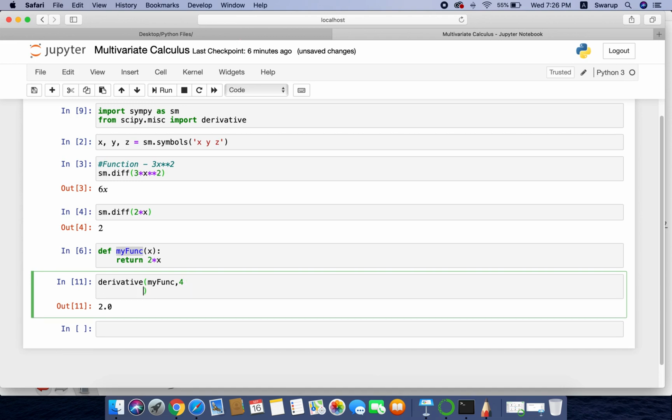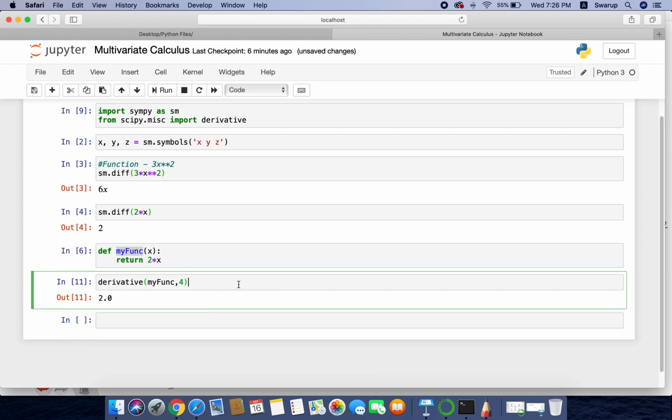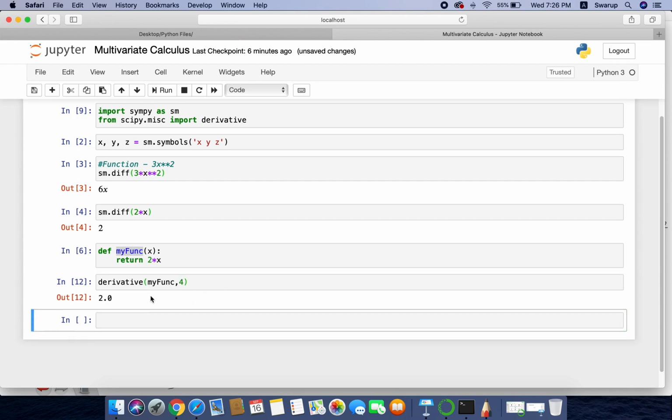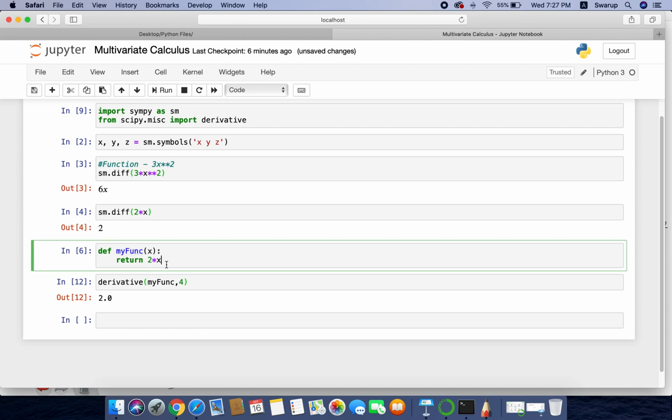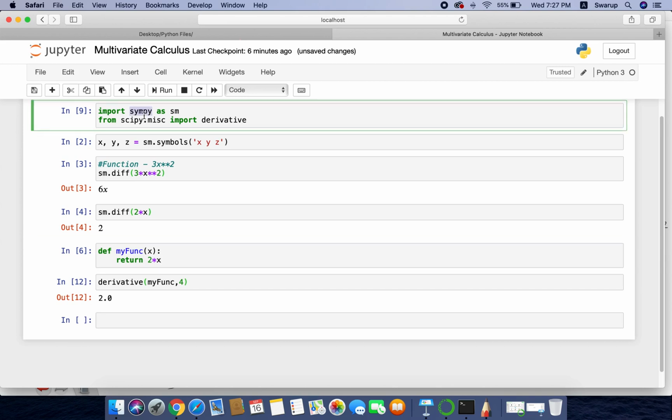Because this is a univariate function, that is f of x equal to 2x. So now to find the derivative, we can use this SciPy package. We are not using NumPy here. Instead we are using sympy, and sympy stands for symbolic Python. For multivariate calculus the symbolic Python package is there, and for univariate calculus symbolic Python also works, as well as we can use this scipy miscellaneous. MISC stands for miscellaneous. SciPy stands for scientific Python.